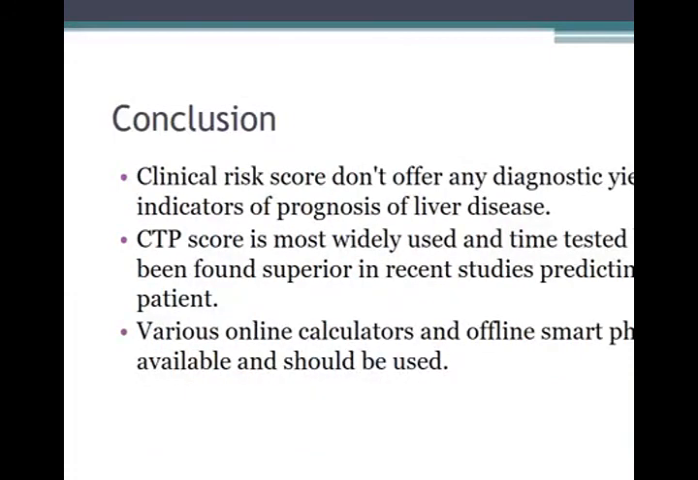The clinical risk scores do not offer any diagnostic yield but are indicators of the prognosis of liver disease. The CTP score is widely used. We are using it, and we are also using other scores such as FIB-4 as well, so that we should be able to decide about the prognosis of our patient who